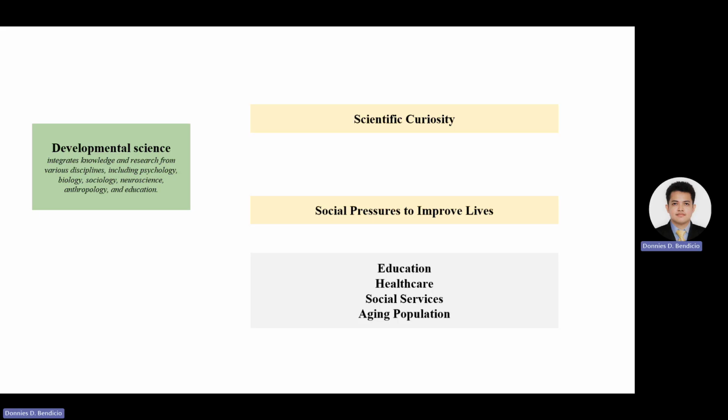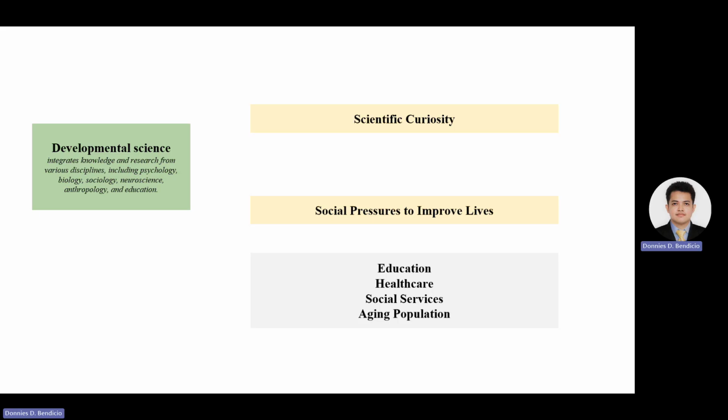Developmental science is a field of study that takes an interdisciplinary approach to comprehending the processes of human growth, consistency, and change across the entire lifespan. It is concerned with investigating how individuals develop physically, cognitively, emotionally, and socially from infancy through old age. This field is driven by both scientific curiosity and societal demands to enhance the well-being and quality of life